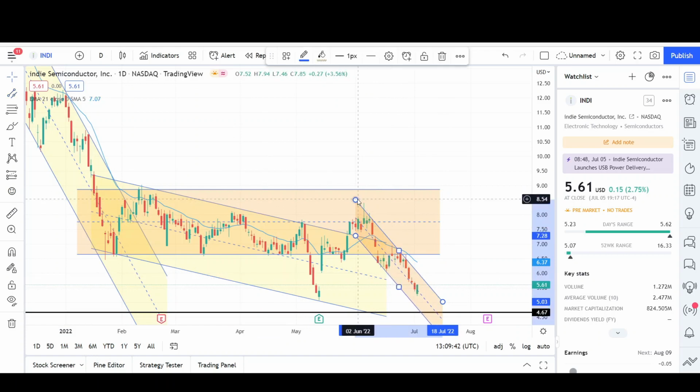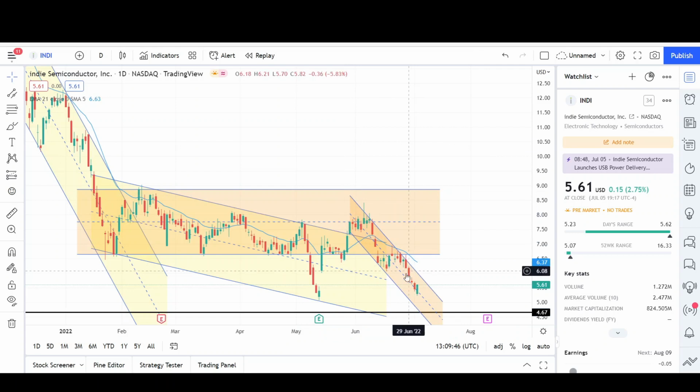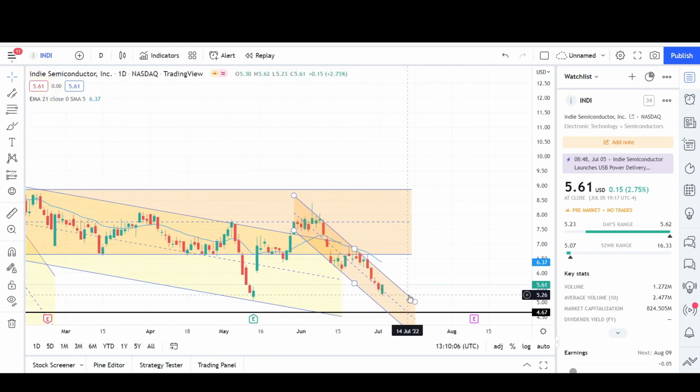So the way I'm looking at this stock is that we're probably closer to the bottom than we have been in the past, but I'm not sure if it's right here. It could be, because this is right where prices bounced pretty harshly in the past and led to a nice little rally. But again, the channel wasn't complete. Now the channel is very close to becoming complete, so this might be better, or we'll have to wait and